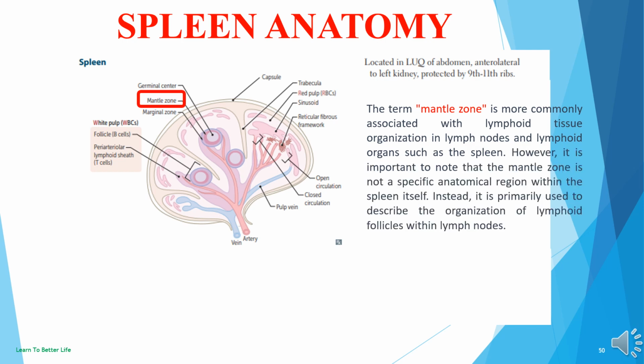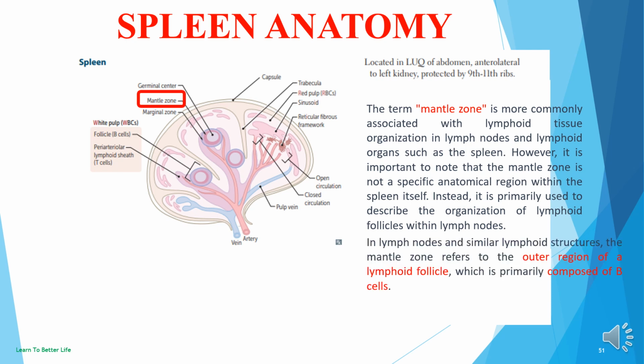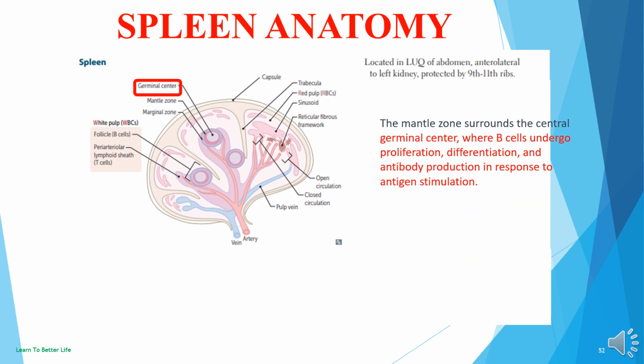However, it is important to note that the mantle zone is not a specific anatomical region within the spleen itself. Instead, it is primarily used to describe the organization of lymphoid follicles within lymph nodes. In lymph nodes and similar lymphoid structures, the mantle zone refers to the outer region of a lymphoid follicle, which is primarily composed of B cells. The mantle zone surrounds the central germinal center, where B cells undergo proliferation, differentiation, and antibody production in